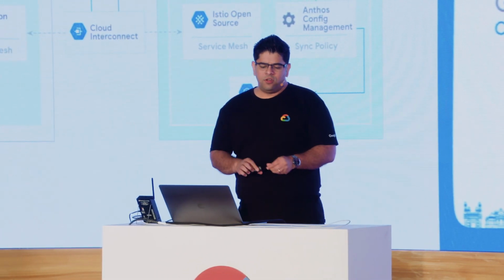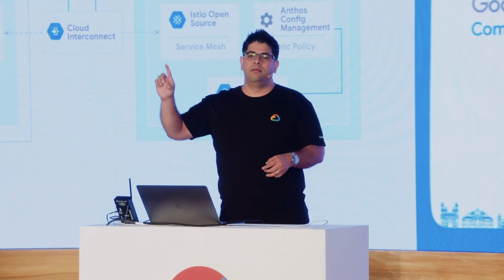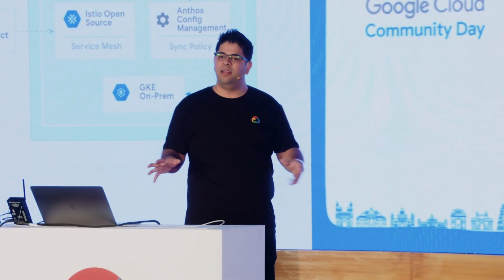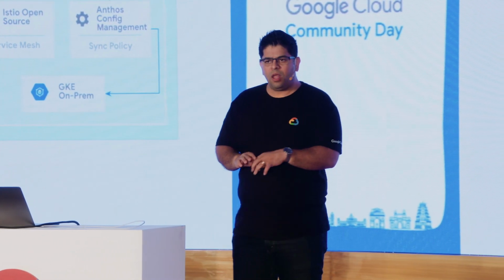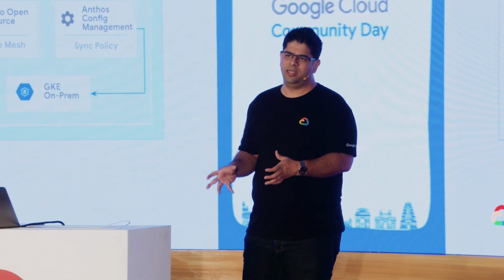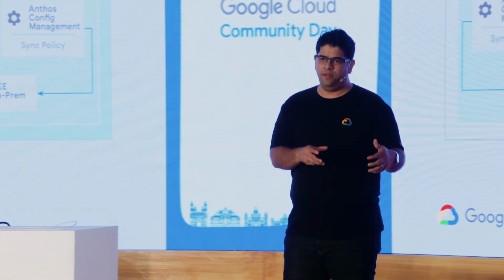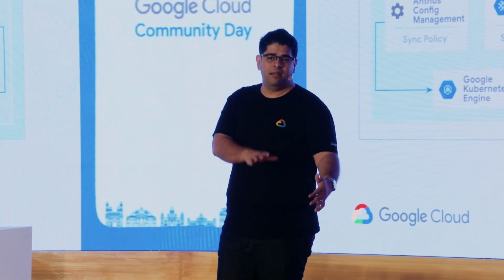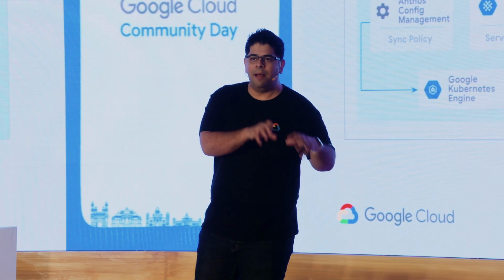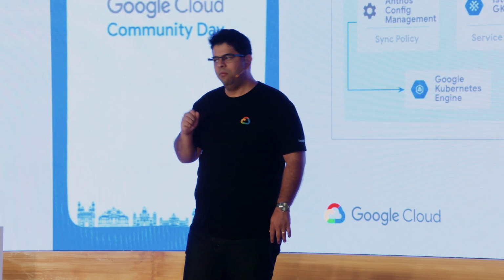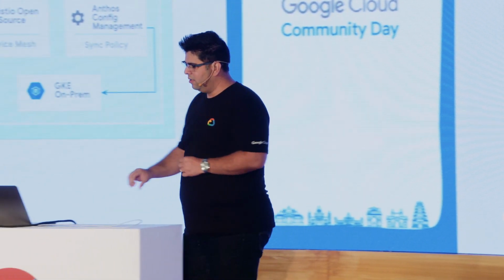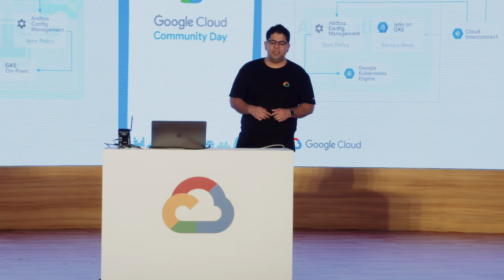Now, so far, we've talked about Kubernetes, about deploying containers at scale. We've talked about Istio, about making sure that we can secure those services and capture our telemetry. We've talked about config management to make sure that we can synchronize our application and tool settings between on-prem and the cloud. One important area we haven't talked about is actually our applications. How do we run applications in this modern world?